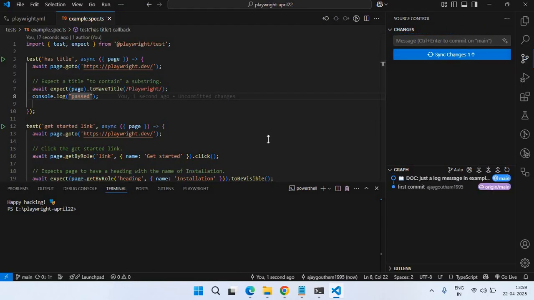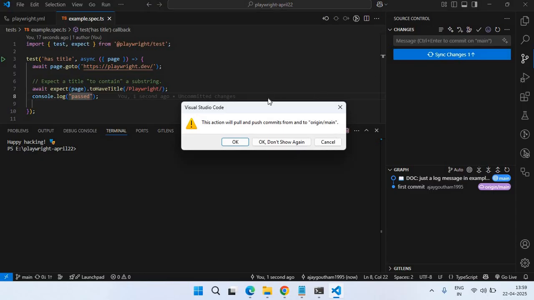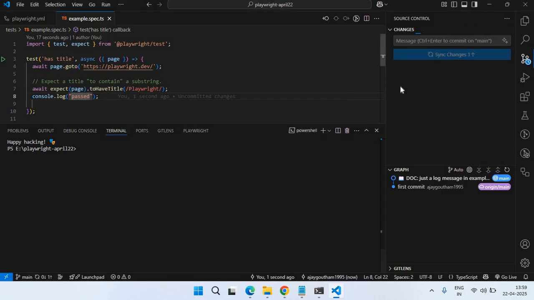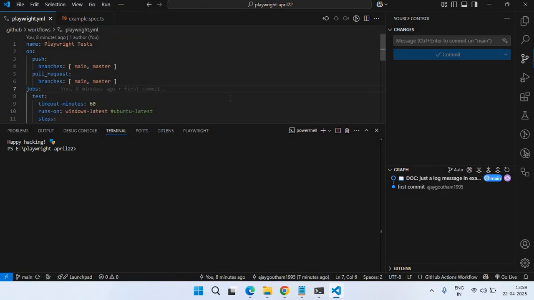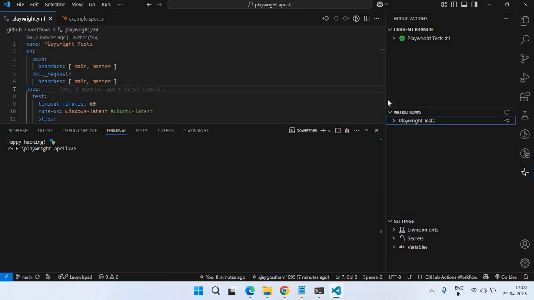Whenever you commit, the code will be in local. Now we want to send this to remote. For that we have to click on sync changes. It will ask whether we really want to sync the changes with master or main. Just click on OK. It will sync local changes with master and pull the latest code. Once that is done, as per the YAML syntax set up for the pipeline execution, it will work. See, if you refresh it,